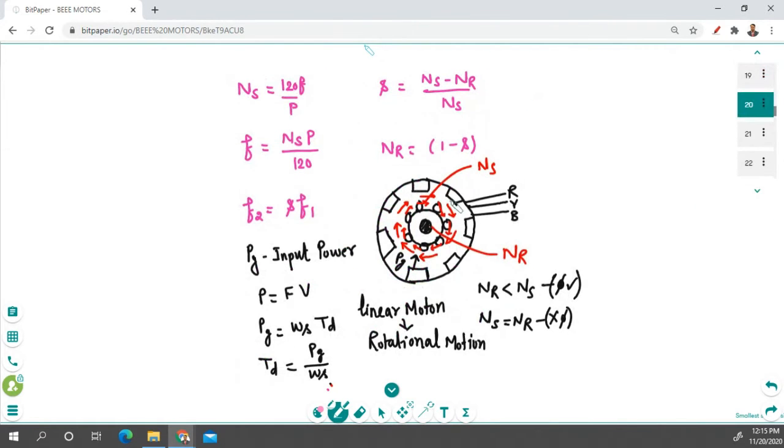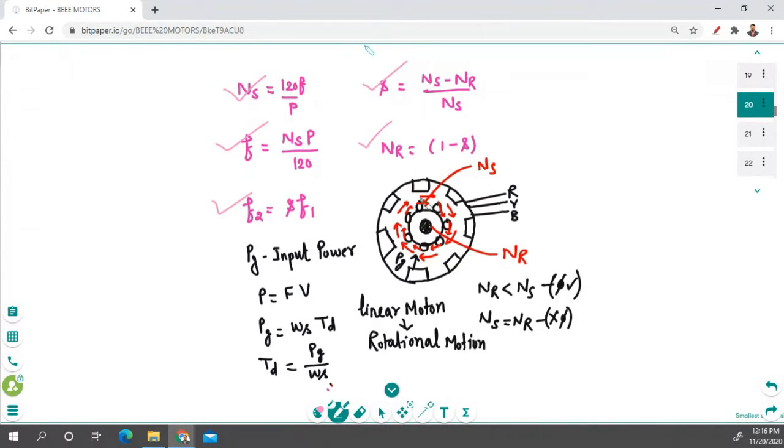So let's understand when this rotor is going to rotate. When Ns is equal to 120f divided by P, we know that slip is equal to (Ns minus Nr) divided by Ns, and if we rearrange this equation, then we achieve frequency f = NsP divided by 120, and Nr, the rotation of this rotor, is equal to Ns(1 minus s), and we have achieved that f2 is equal to s into f1. These are all formulae we have already derived.